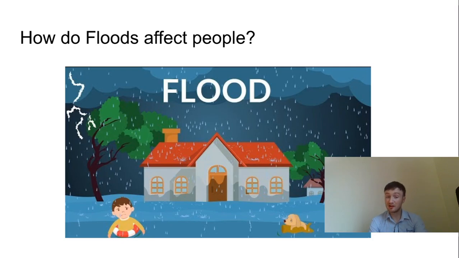Floods can also damage plants. So like we saw on the farmer's field before, the flood can damage all his plants and we have nothing to eat. And one last thing is floods can wash up all the dirt from the trash cans and all the disgusting stuff from the sewers. So this flood water can be very dirty. What that means is it can also spread a lot of diseases. So flood water, very bad.